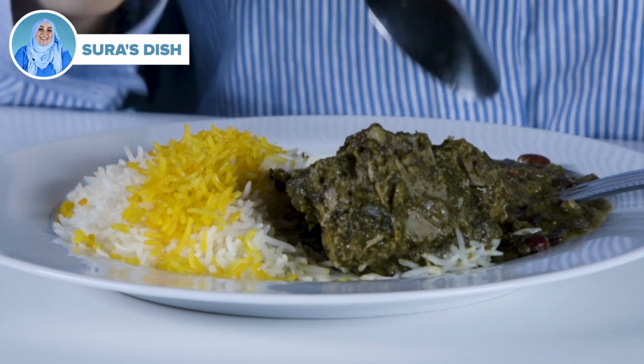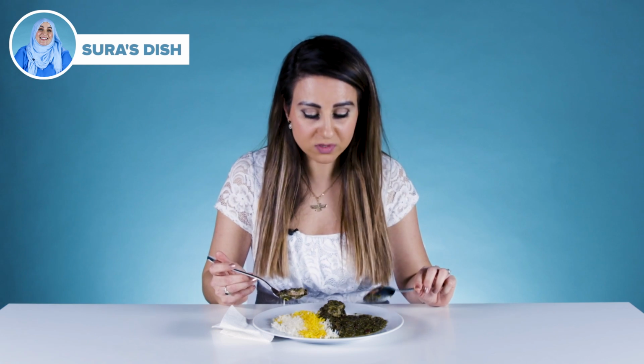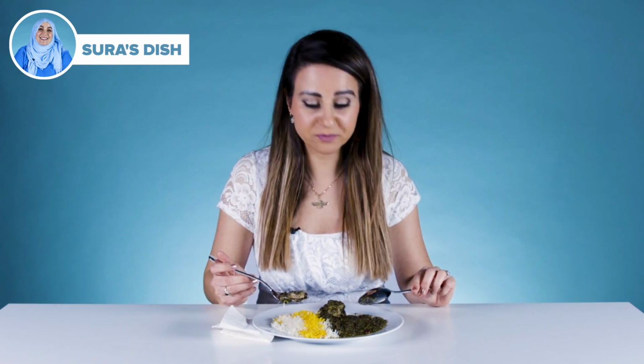For me, it's not sour enough. I can't see any of the lime in there. It doesn't give you that kick that I was expecting. The dry lime is one of the key ingredients in this dish. It's actually not too bitter, but I can also taste that they have used limu amani, but it's not here